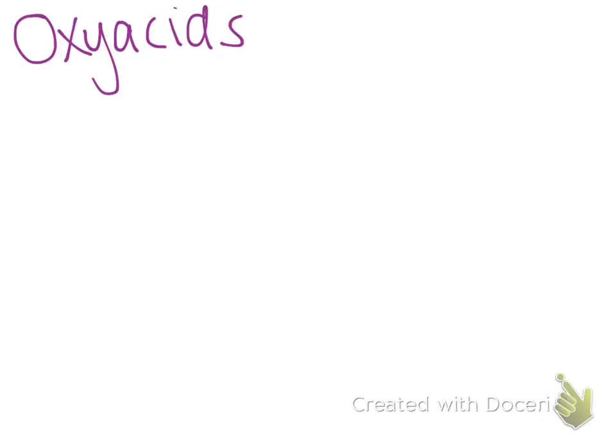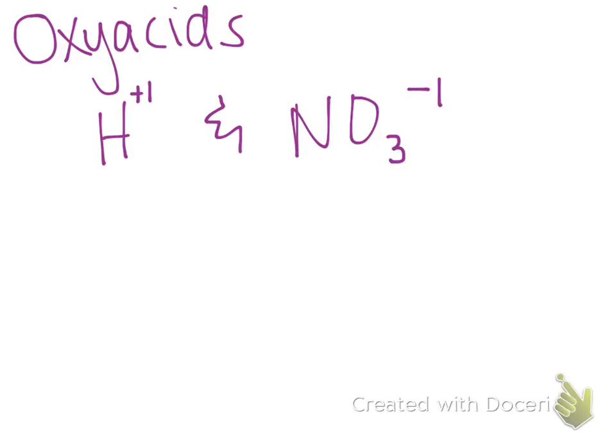Okay. Our oxyacids, we already said they're usually made from our polyatomic ions. Okay, so let's say we want to pair hydrogen and nitrate. So hydrogen and nitrate, which is NO3. What's the charge on nitrate? -1. Okay. So if I want to pair these together, is it going to be a pretty simple pairing? Yeah, right? It's 1 and 1. So that means it's going to combine together to look like this,